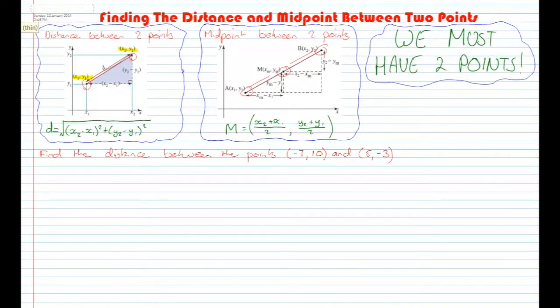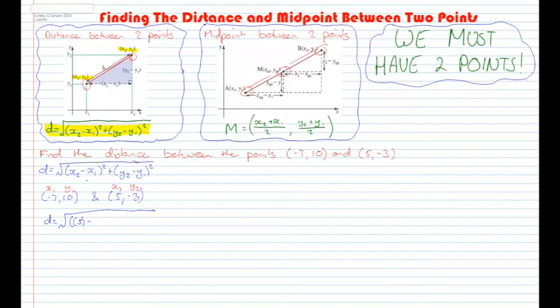So the first example asks us to find the distance between the points -7, 10 and 5, -3. Because the question asks us to find the distance between 2 points, we're actually going to use the distance formula, which you can see me highlighting here. So let's write that out again, where our 2 points are -7, 10 and 5, -3. Let's call this x1, y1 and x2, y2. Substituting into the formula now, you get d is equal to the square root of x2 being 5